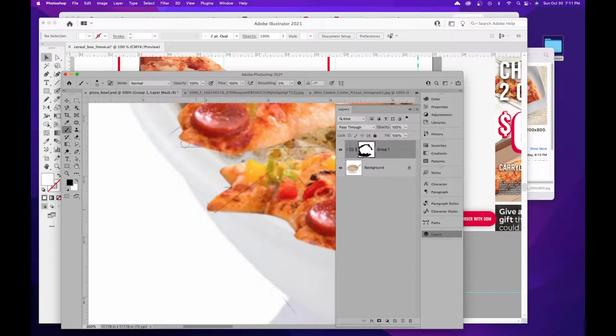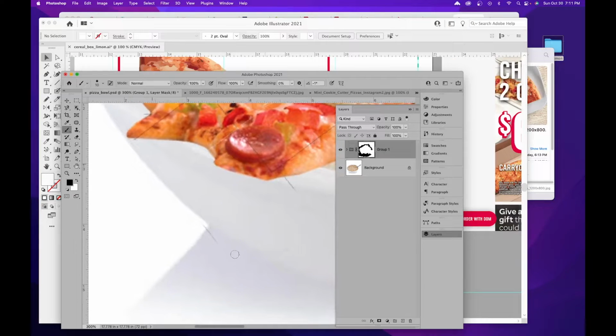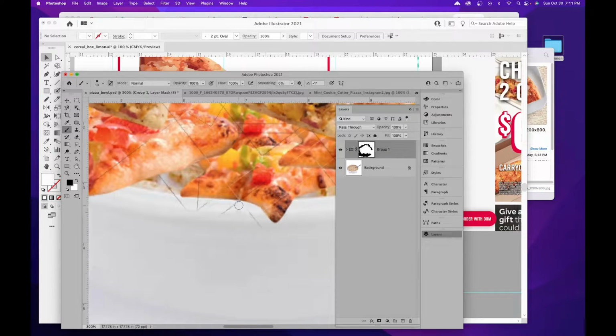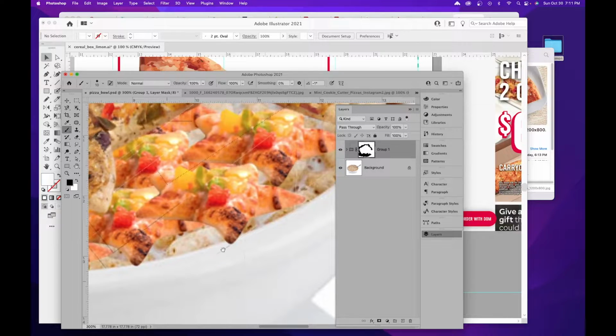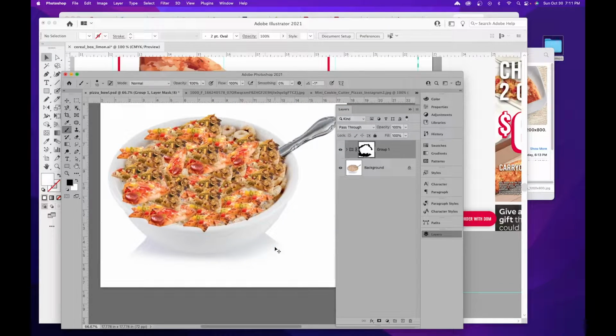So a little example of what not to do, or an example of pay attention to what you're doing. Always a good idea to zoom in. And there we go. There is our bowl with our